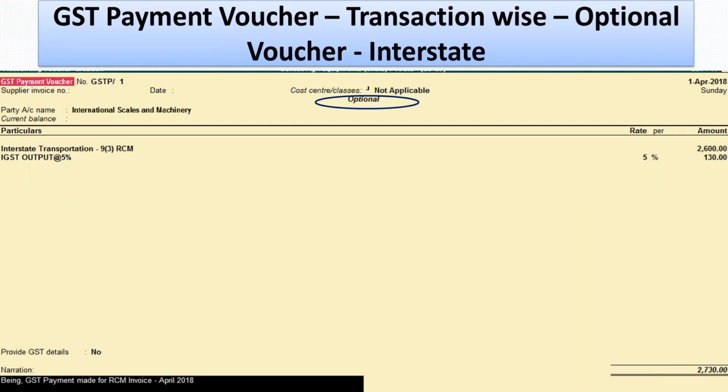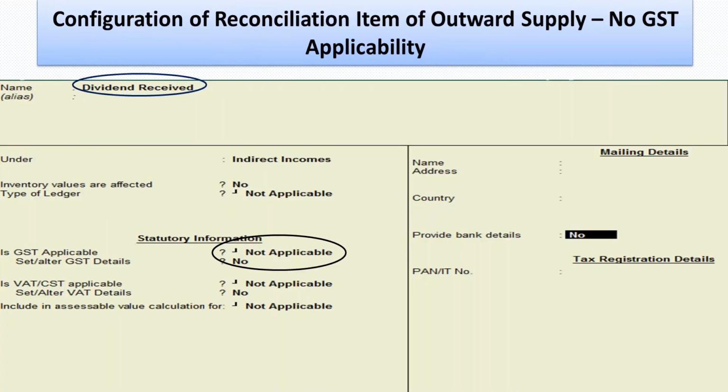Although it's a payment voucher, presently this can be done as per the existing features of Tally. Of course, there is a lot around TDS which can be developed, or you can personalize your requirements and get this done as well. But as is, we can use the optional vouchers to get this done.